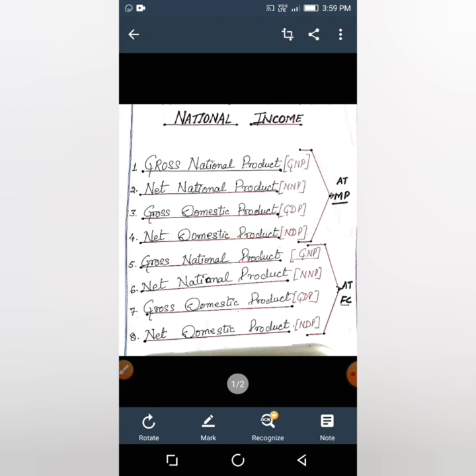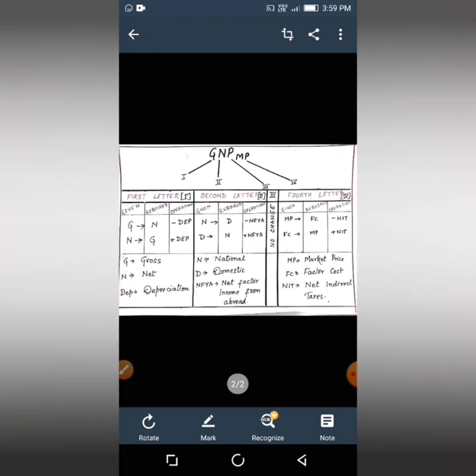Before studying these aggregates, let us understand how these all are interchanged. See my next chart. This is a unique device or chart to deal with the concepts related with national income aggregates more efficiently. Without taking much time, I am going to explain this chart.